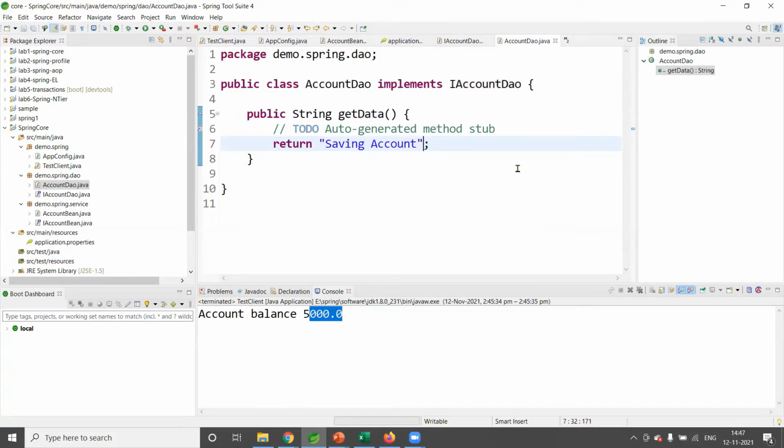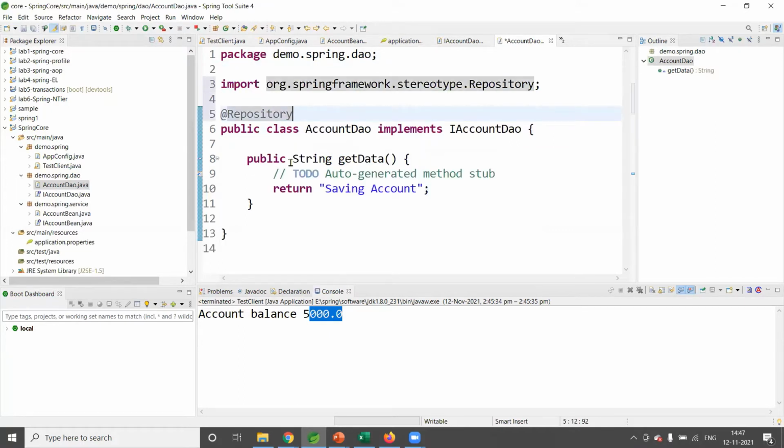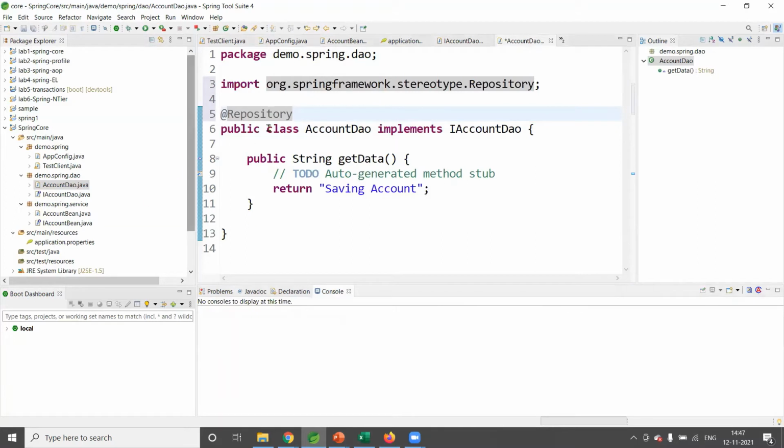That's it. In real time, what happens? We need to have a JDBC template or Hibernate or anything to talk to the database and get the data, right? But here in this example, we are not going to implement database-level details. However, I'll just make this @Repository. In the presentation type, we use the @Controller or @RestController annotation, business type @Service, data type @Repository. So this example can be extended by adding JDBC template or JPA template, or maybe talking to some MongoDB, all those things we can implement, right? So once it is done, @Repository.